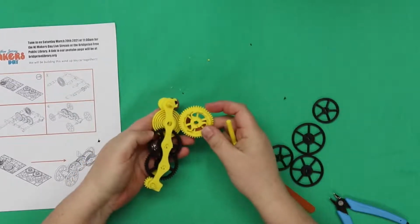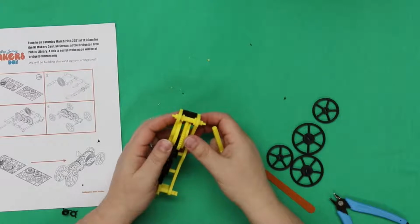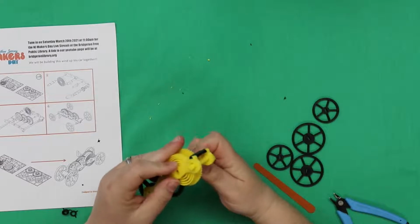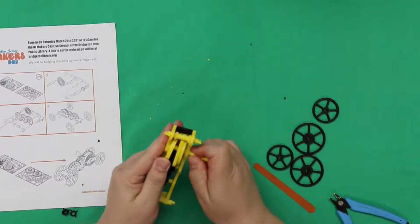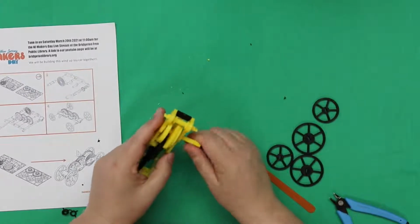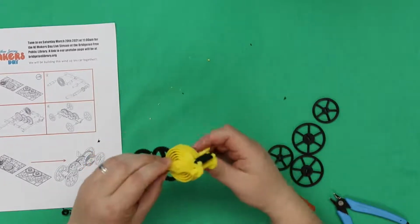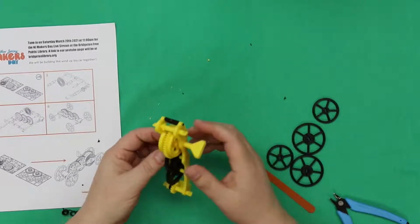And we have to try to put that gear back in again. So we're going to slide that back in. Put that through. Try to line up the gear and the spring. There we go. We got it this time. Okay. Now, you might have some issues where the spring, there we go,